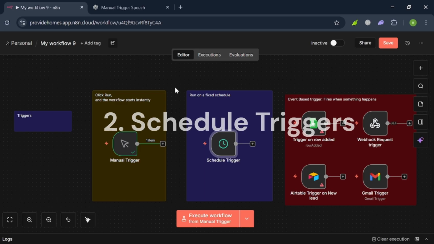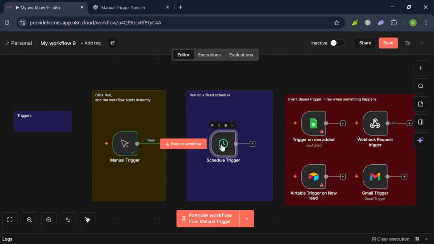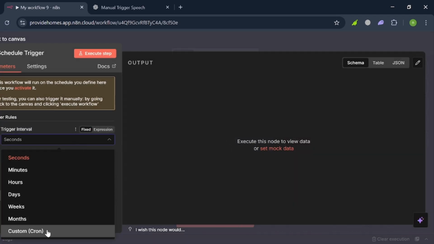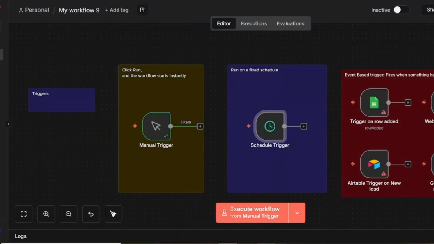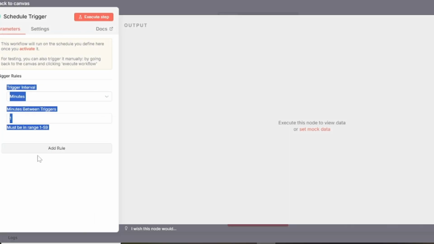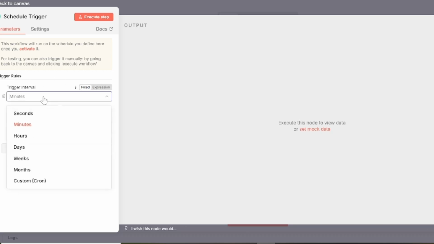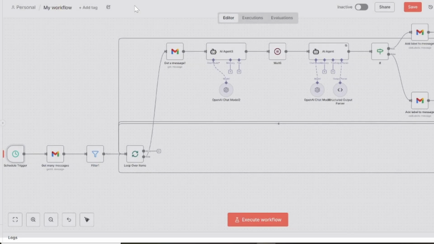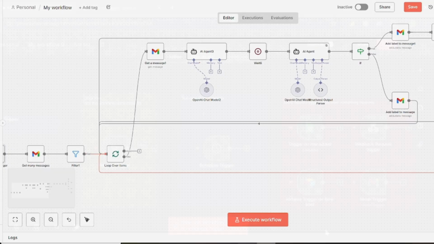The second one is time-based or schedule triggers. These run on a set schedule, like every few minutes, days, or weeks, just like cron jobs. You can come inside and choose whatever time you want. Let me show you an example of a schedule trigger in this automation system, which I have prepared for email reply automation: when an email comes in, it prepares a reply for that email. I have used the schedule trigger for this automation, which checks every 1 minute. You can customize the time as I said before: minutes, days, weeks. In this automation, it checks every 1 minute and waits for an email. When an email comes in, it categorizes that email and then prepares a reply for it.